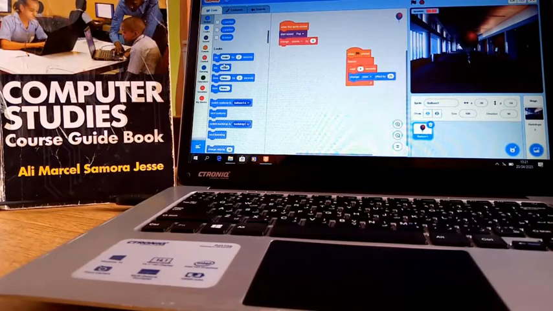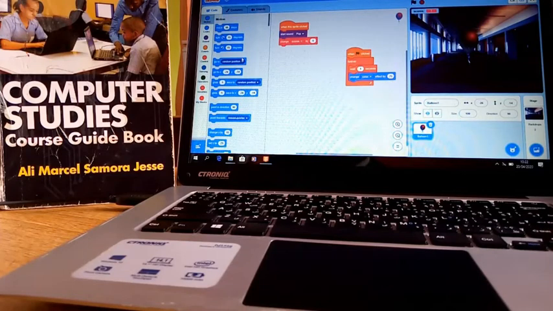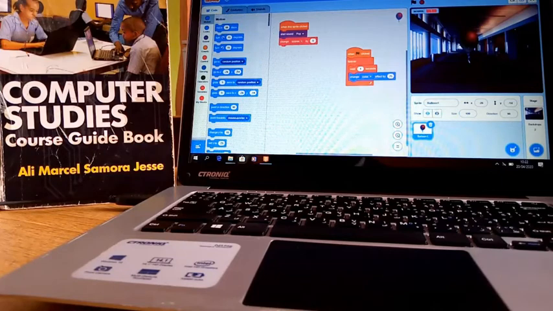So with that, this balloon should be moving randomly, so that is on motion. Go to random position and place it in the forever here. So that is our second code. You can create as many codes as you want to have, but for today, let's work with that and